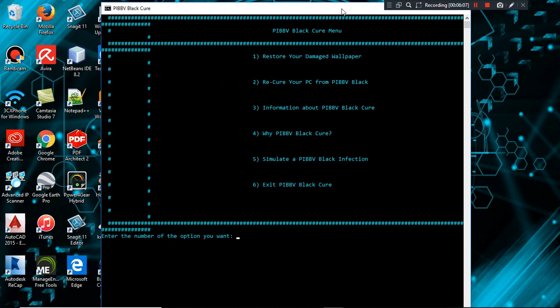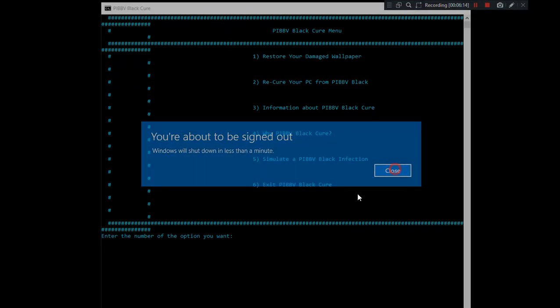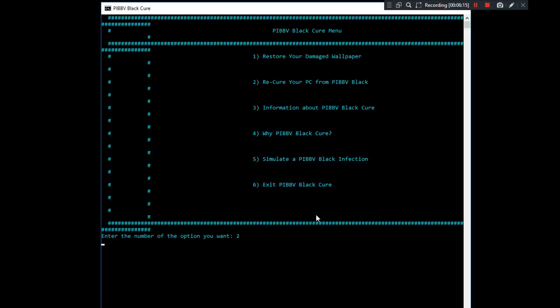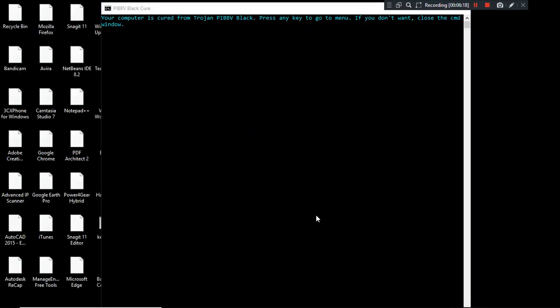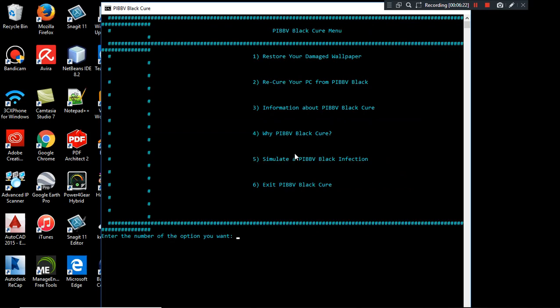and suddenly the screen is going to turn black, and you get the point, right? Okay, so I'm waiting. Here we go, it attacked. I'm going to press 2 to cure it immediately. Here we go, it's cured instantly. That's a very powerful cure. I'm glad that I've been able to make such a great cure.